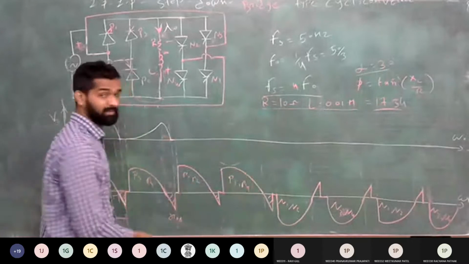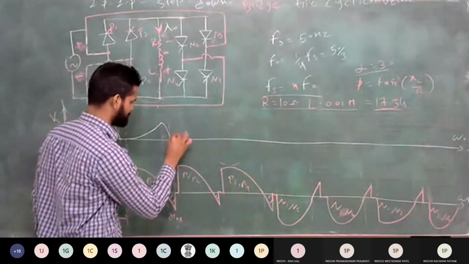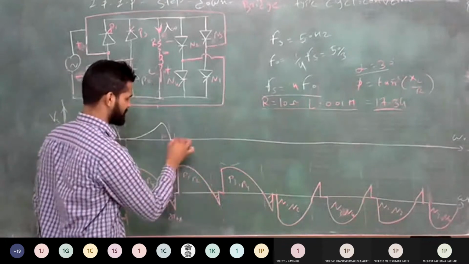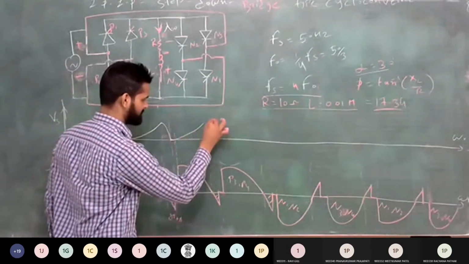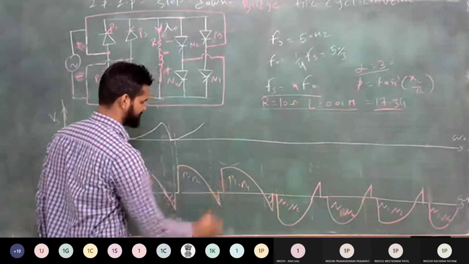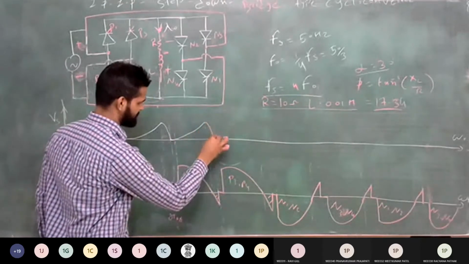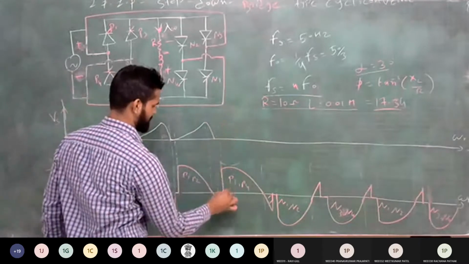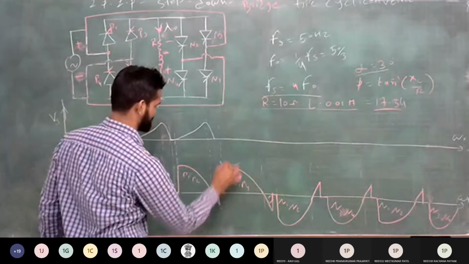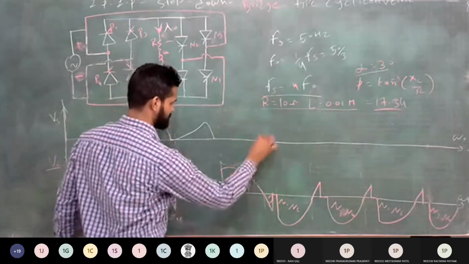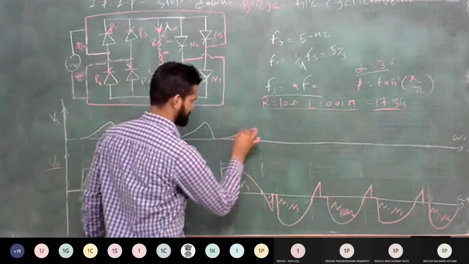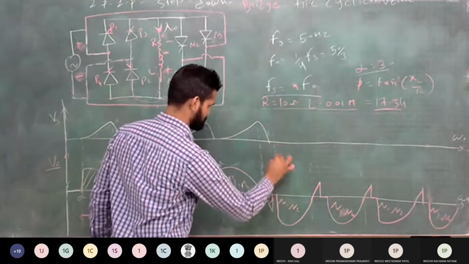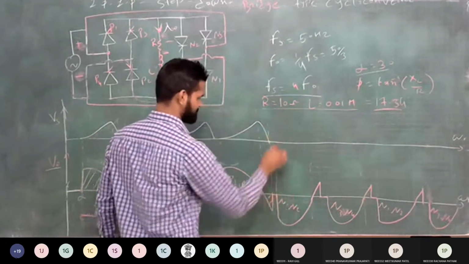In the same way, again P1 P2 is conducting at 2 pi plus alpha. From here, it remains conducting up to this 3 pi. So it is continuously increasing, but after 3 pi plus phi, it is discharging. It becomes 0. So this remains continuous. And again at 3 pi plus alpha, P3 P4 is turned on. So current is gradually increasing, and it is discharging to 0. Here 4 pi plus alpha.